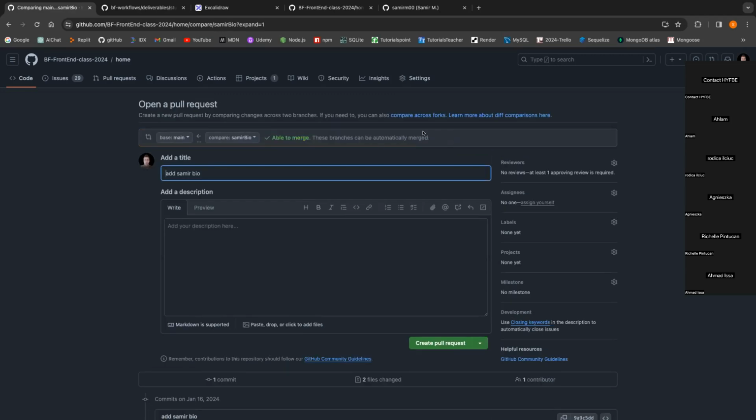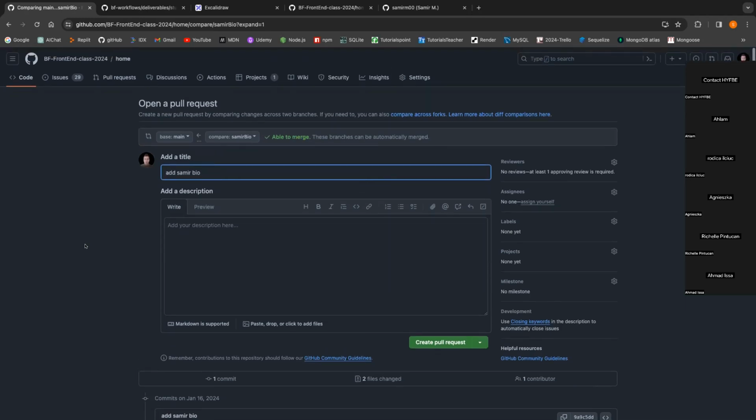After I create this compare and pull request, you need to make sure. Here, as you can see, it's telling me I'm going to send the code from the Samir bio branch to main, and that's what I want. And here is the comment, Samir bio, written for me. And here, actually, I can write what I did here. For example, let me go to